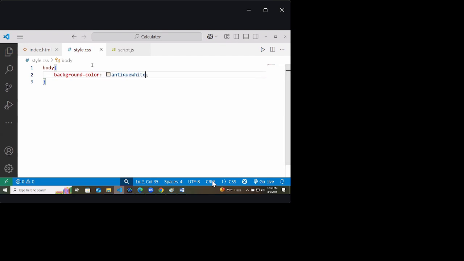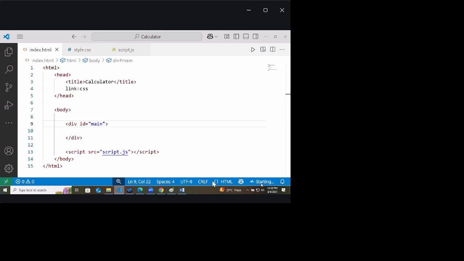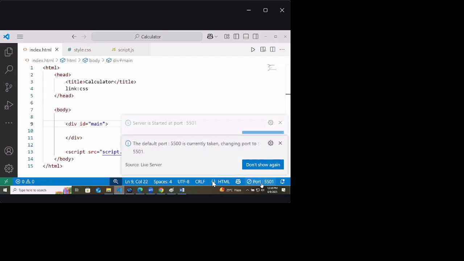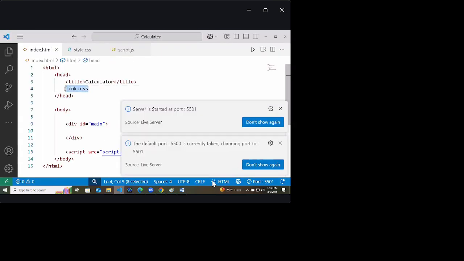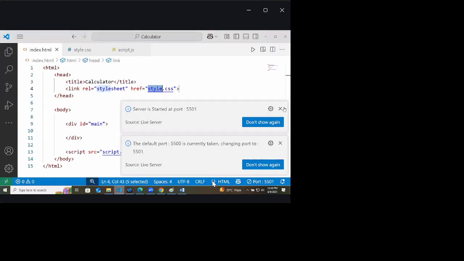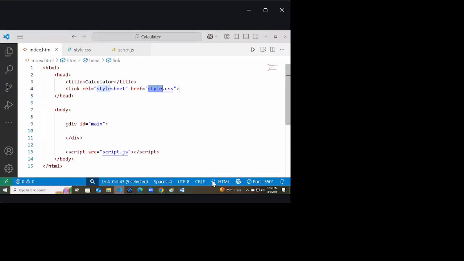Try to give it antique white. So something like this color, not exactly white. And inside that we have this div as main.